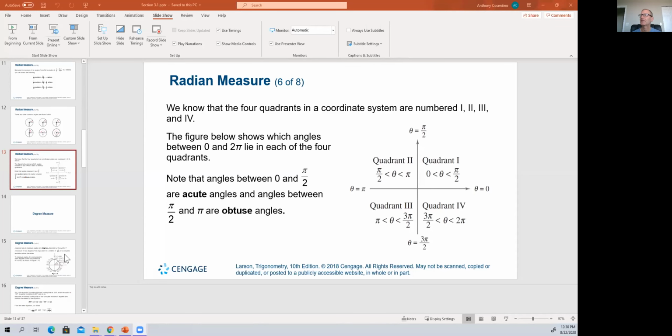Hello, class. Back continuing on the idea of definition of angles and a couple applications. So where we left off was talking about the idea of measuring angles in radians. And one last aspect of that is needed is this idea